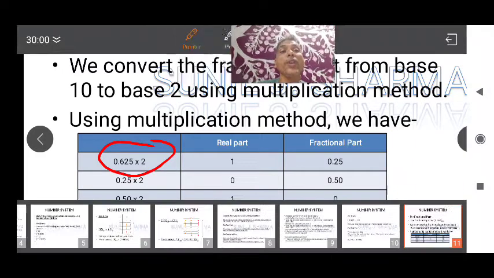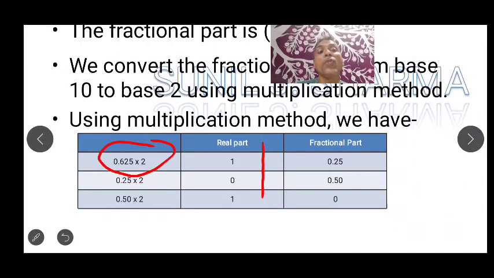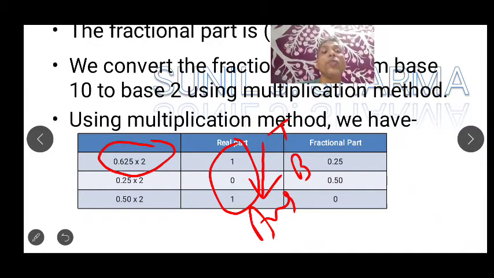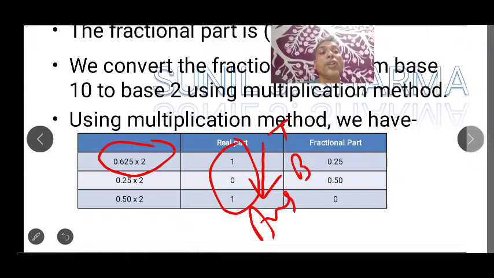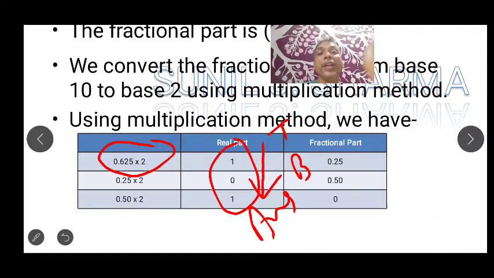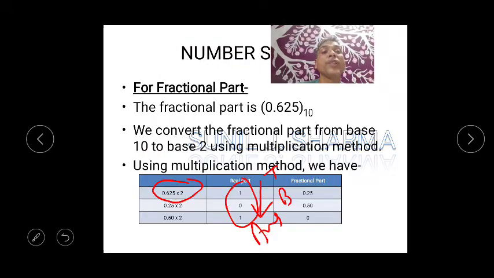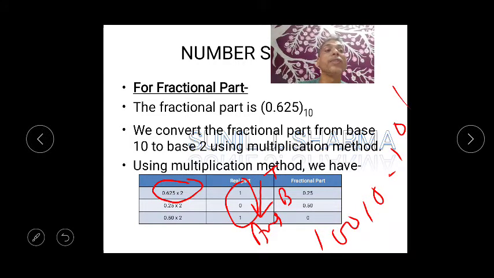Now the very important thing to consider is that you have to move from top to bottom. This is your result or answer, and please move from top to bottom. So when we are writing the result, before I show you, the result will be whatever the value of 18 is there. Can you see 1 1? So your result will be 10010 point, and you have to move from bottom to top for that part. So 101. Okay, so let's see the result.